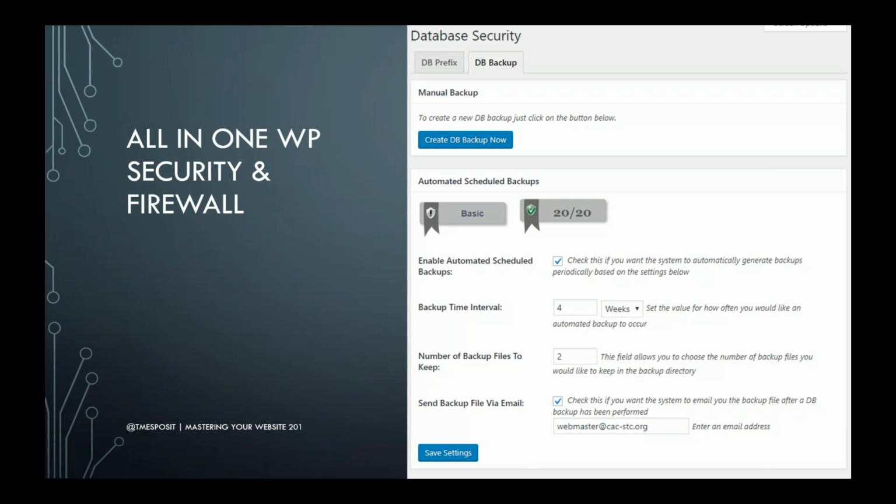This plugin has an automatic backup. So you say, oh, I want automatic backup. How often do you want it to run? This is once a month. And who do you want it sent to? You put in the email address. So for the sites that I manage, I put in every 4 weeks or every 2 weeks or however, it varies depending on how often the sites are updated. And then I get the backup emailed to me automatically, which is really great. So if you were ever to lose that website, you could restore it fairly simply using this backup system.